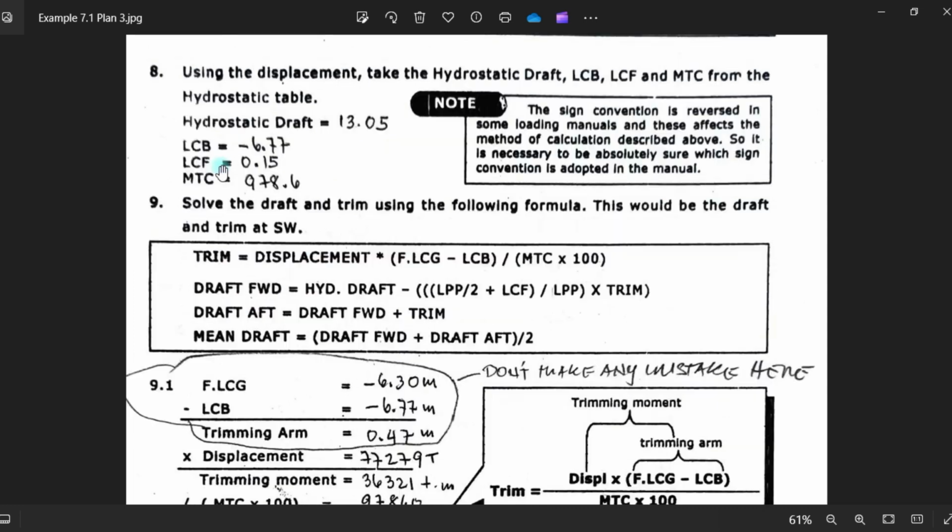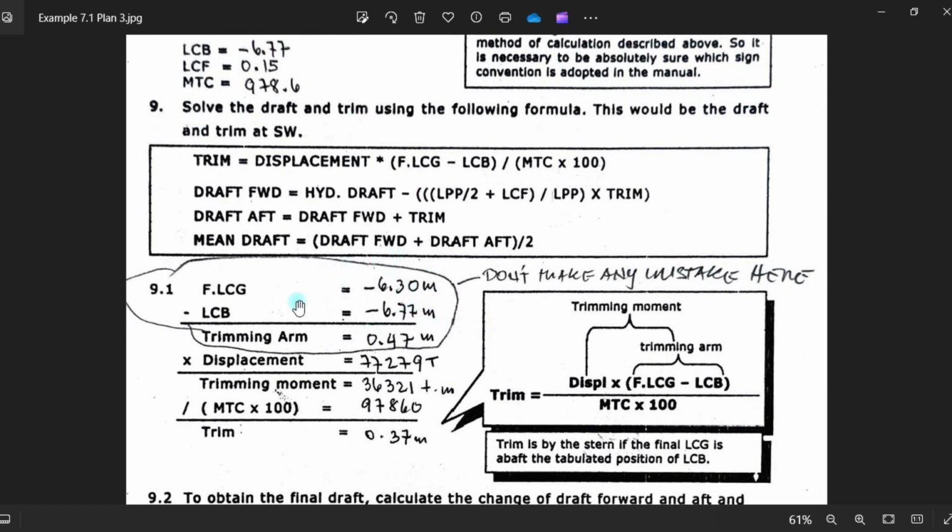Take note of these two, guys, and it says note here, don't make any mistake here, meaning your final LCG of 6.30 is behind LCB of 6.77, meaning 6.77 is ahead of 6.30. Okay, so meaning